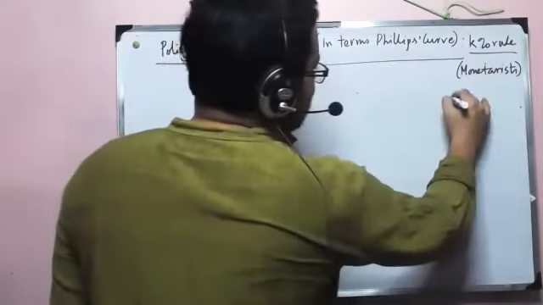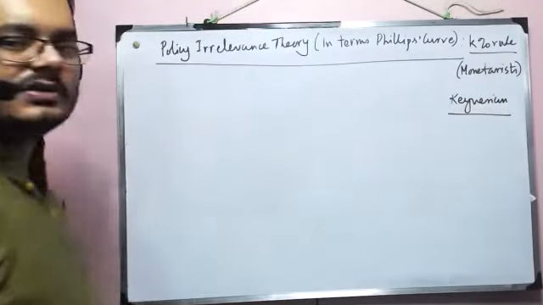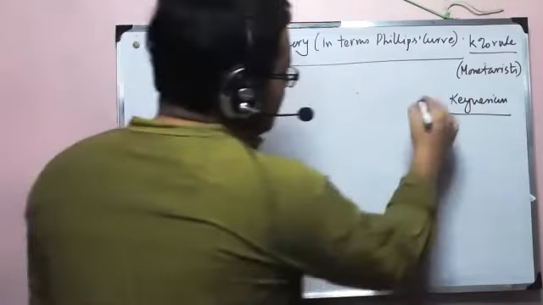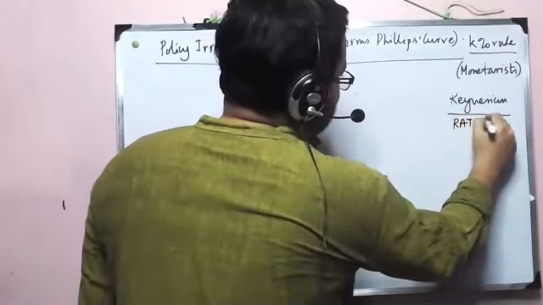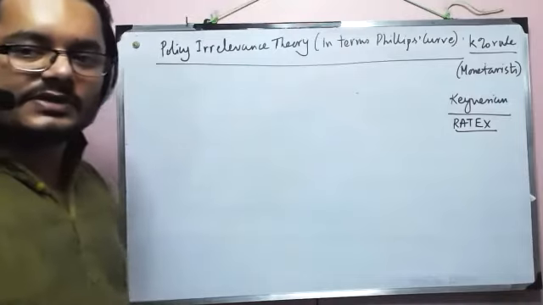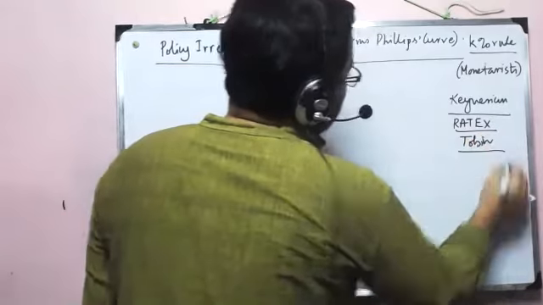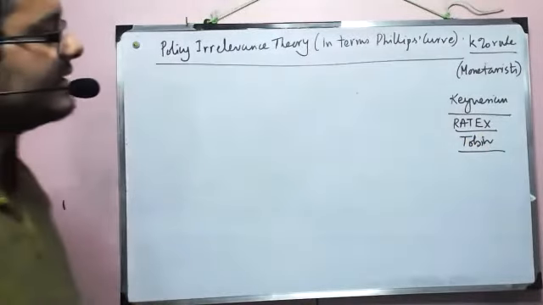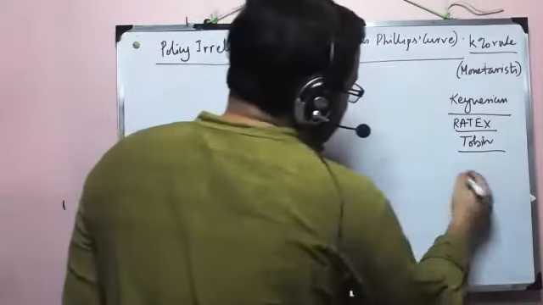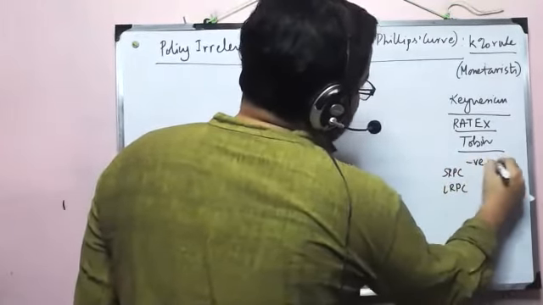So we'll study first the Keynesian view, how Keynesian view combines a negatively sloped SRPC and a vertical LRPC. Then we'll look at the whole theory under Ratex. Ratex will say that even SRPC is vertical, and then we'll go into another extreme, the view of James Tobin, where Tobin will say that LRPC can even be negatively sloped. So basically you have SRPC and LRPC, and you have a choice of two slopes. One is negative and one is vertical.